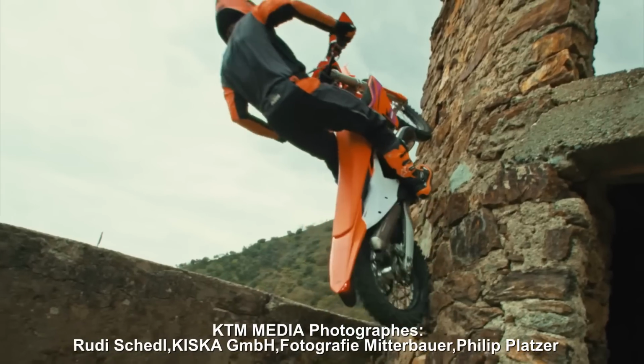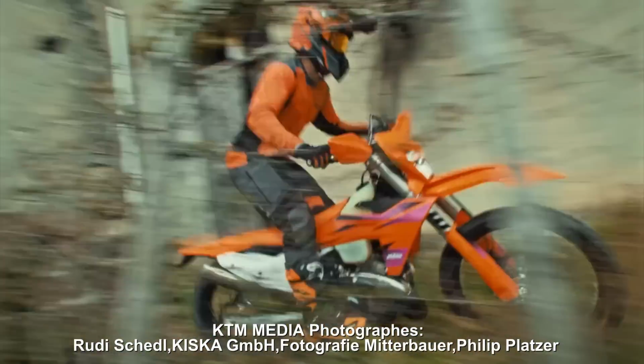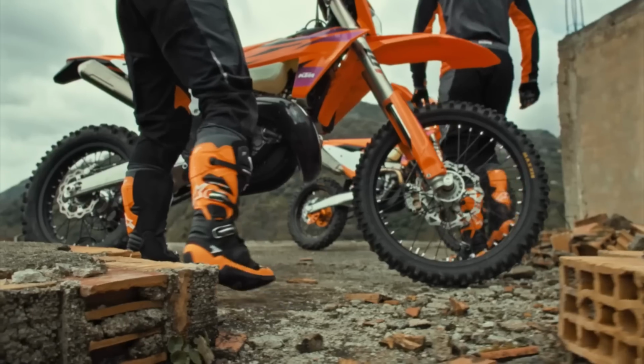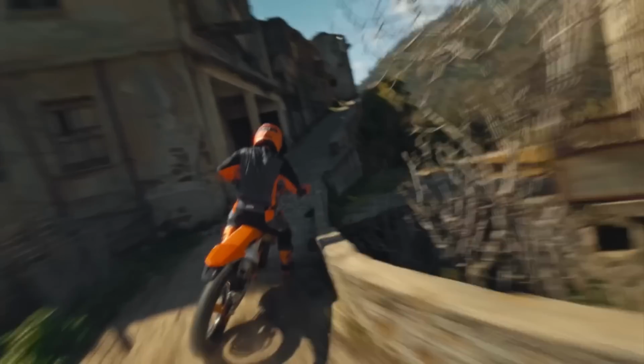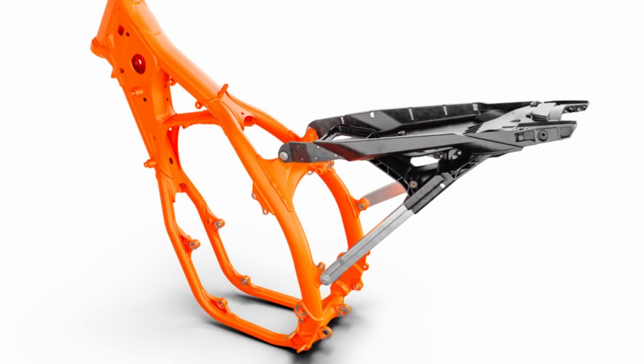For the 2024 model, the KTM EXC and EXC-F lineup continues to raise the bar in the areas of performance, development, and innovation. These changes have come directly from learnings at the highest level of enduro competition, with racer input being at the forefront. The hydroformed, laser-cut, and robot-welded frame has undergone major updates to improve overall dynamics, anti-squat behavior,